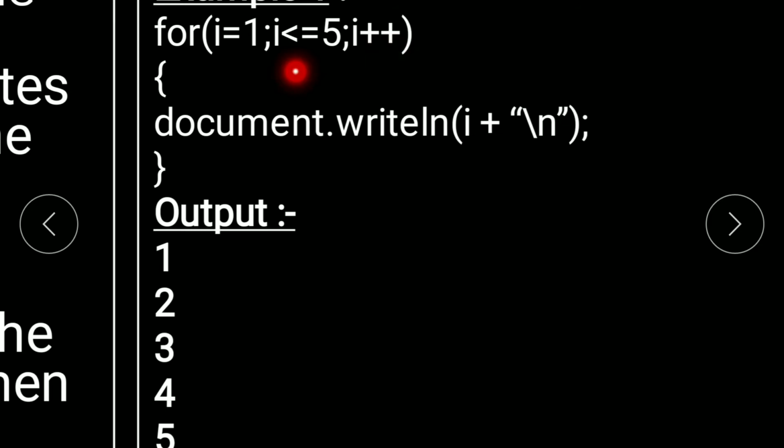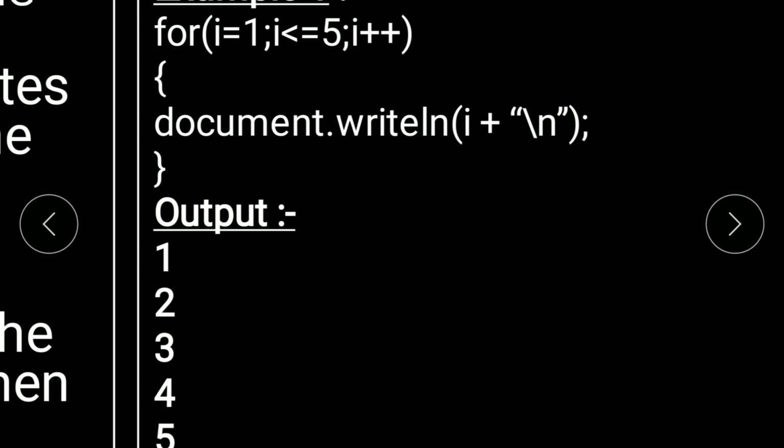It checks 5 is less than or equal to 5. Yes. Then it prints 5. Then i becomes 6. Here your condition will become false because 6 is not less than or equal to 5. It's false. So afterwards your for loop will not be executed and control goes out of the